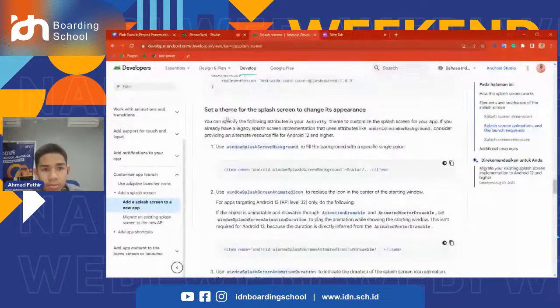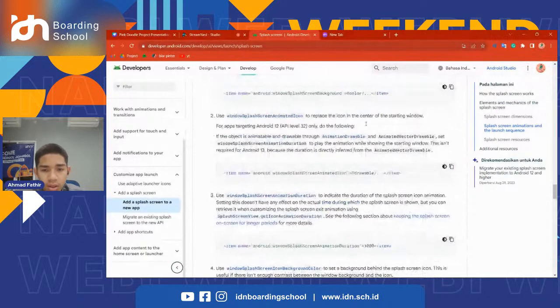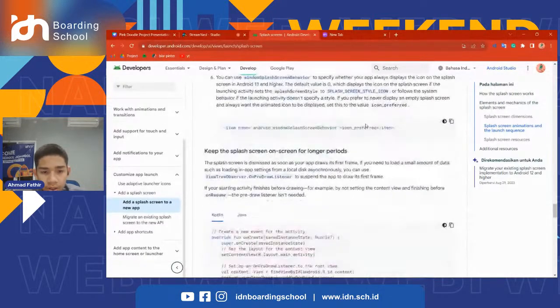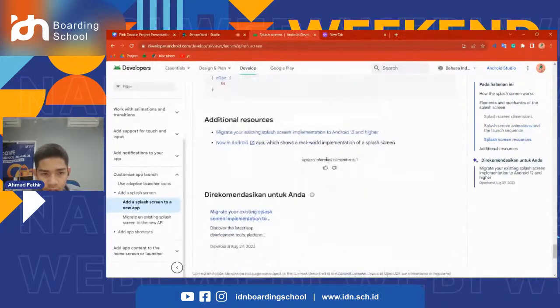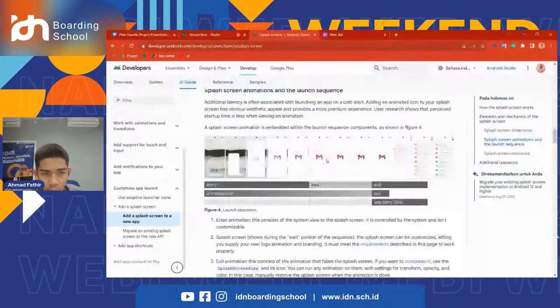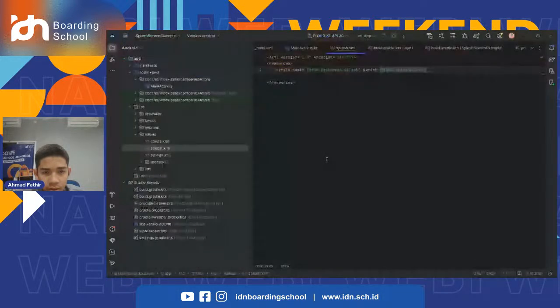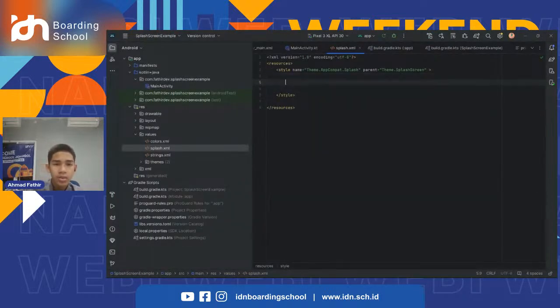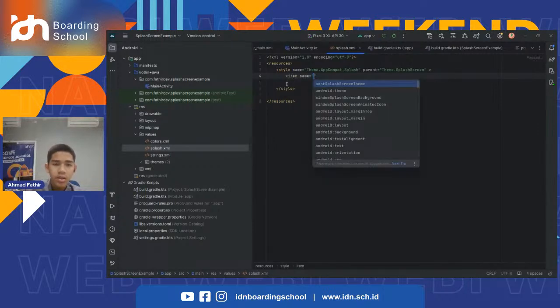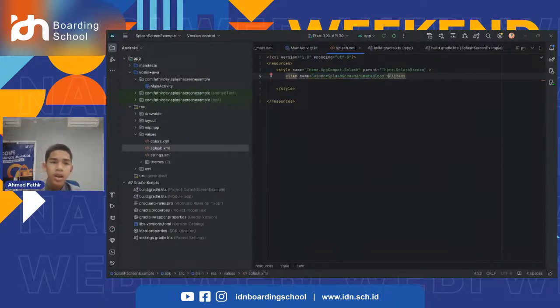As you can see in documentation, there is how to set theme for the splash screen to change its appearance. There's many that you can do. And then after this, you can set the item first. The first item is we set the animated icon first. So window splash screen animated icon, and